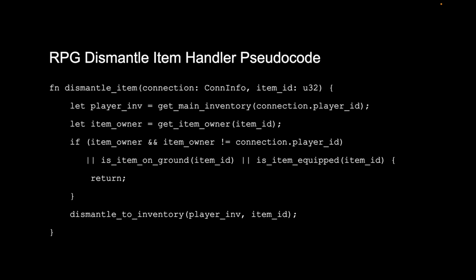But they had a small hole, and that was to do with quests. You could go to a quest giver and you could ask to view information about a quest, and it would explain to you what the quest entails, and it would also show you the item you'd receive if you completed the quest. But the way the game worked was when it showed you the item, it did it by making that item, putting it in the quest giver's inventory, and then sending it to you so you can see it as a displayable item. But that gave you its ID, and players worked out that if they dismantle that item